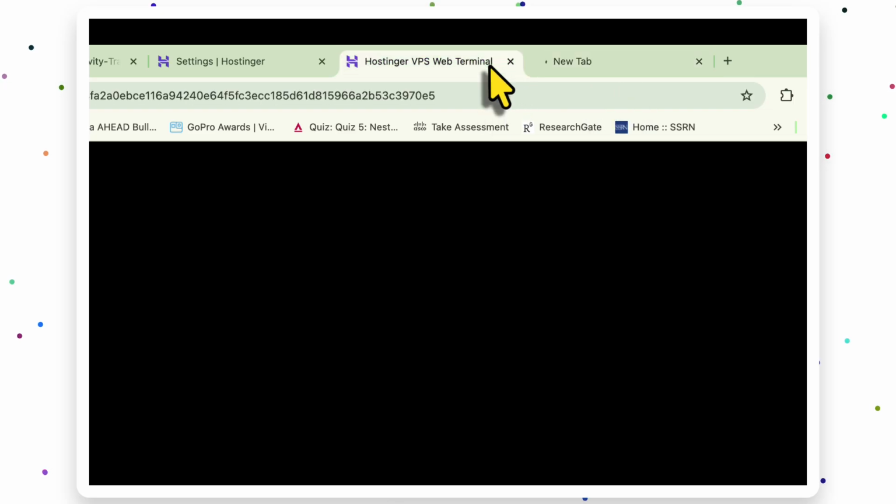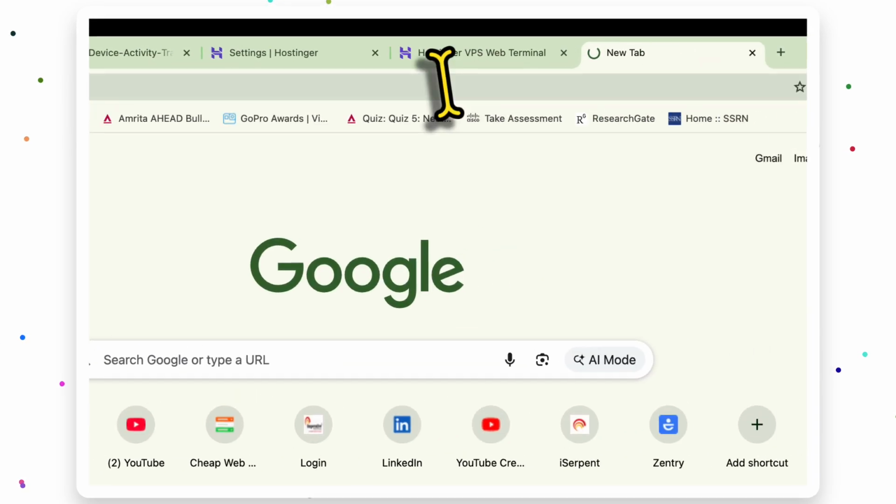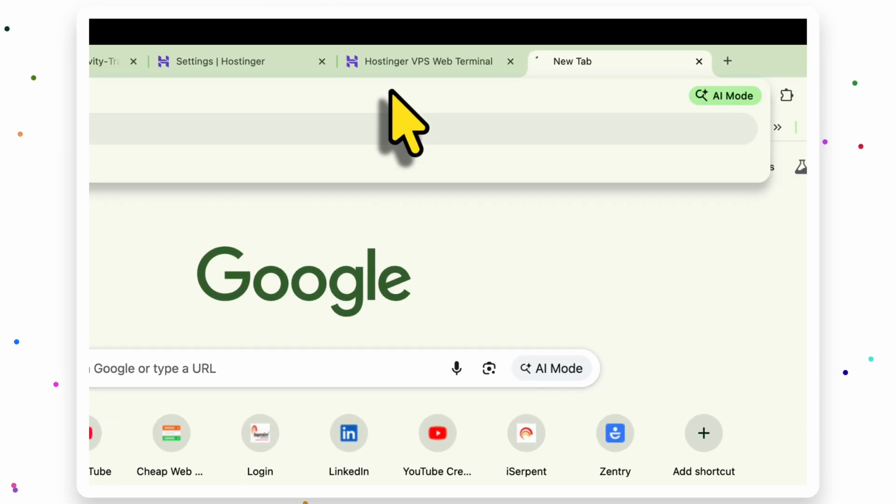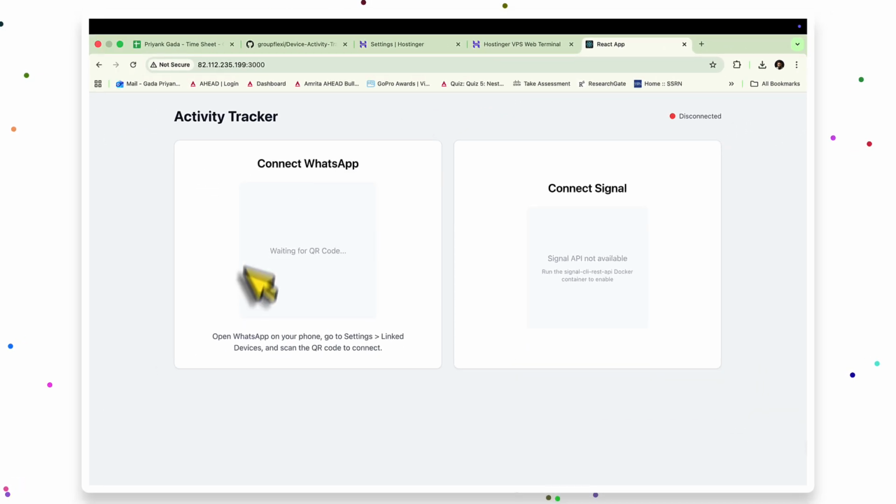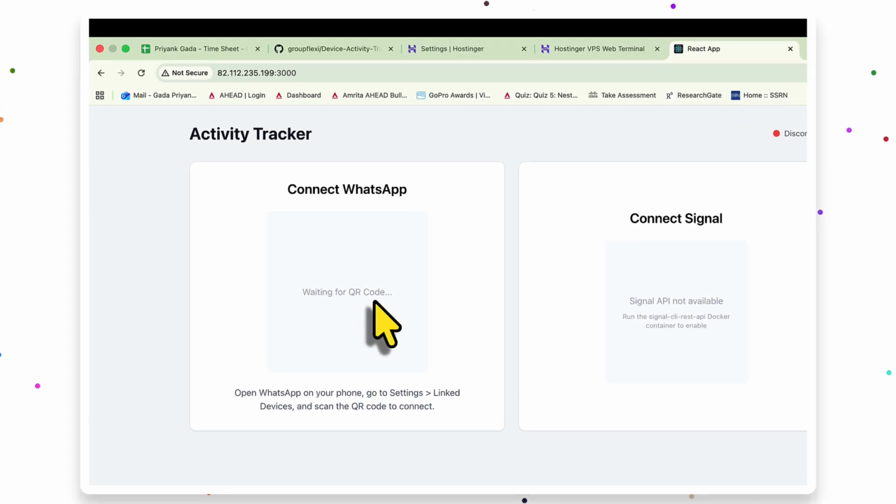So once you go there, you have to use a WhatsApp account and scan the QR code, and it will start tracking the number by sending RTT messages, the deleted messages, and this is how the user interface looks like. So it will track in real time